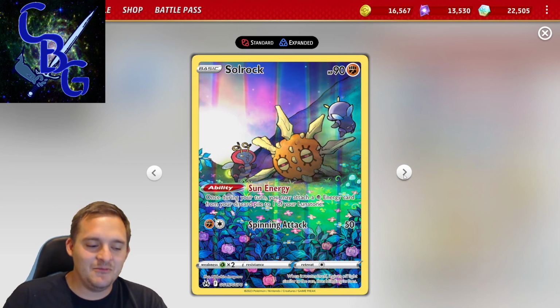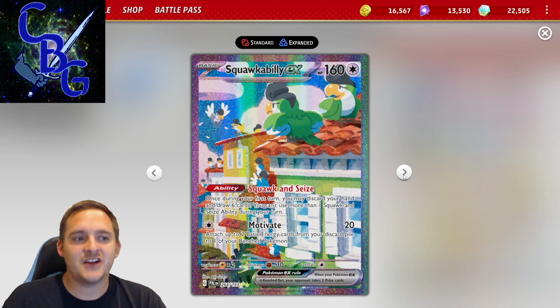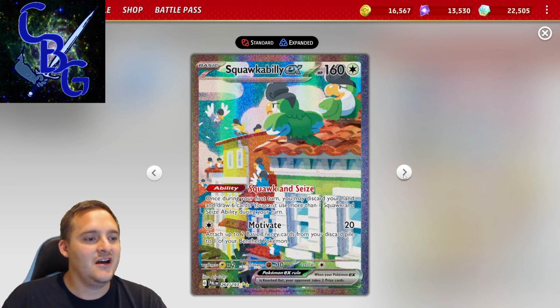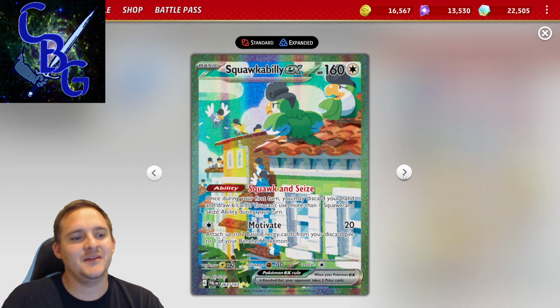And then we can move the energy with Clefable's attack off of that Lunatone to one of our other attackers. We also have 1 copy of Squawkabilly EX here just to help us set up. It's really important we get all the Clefairies turn 1 as we can. So we play down the Squawkabilly, we discard our hand and draw 6. And then we can't use it anymore, but